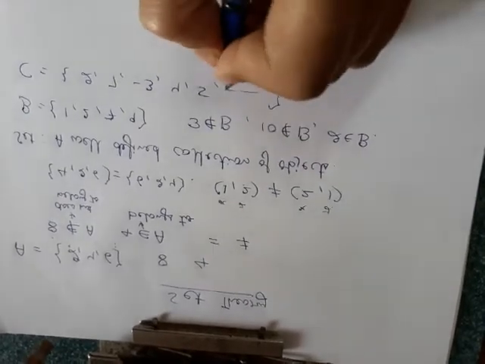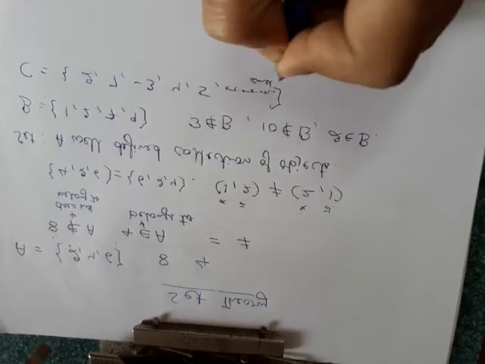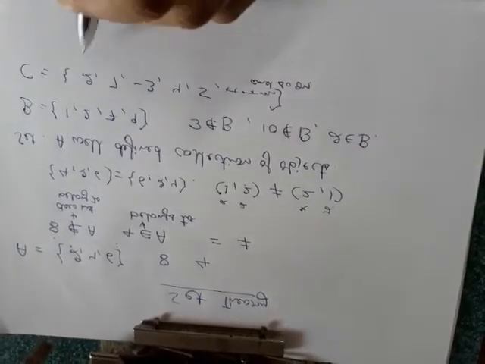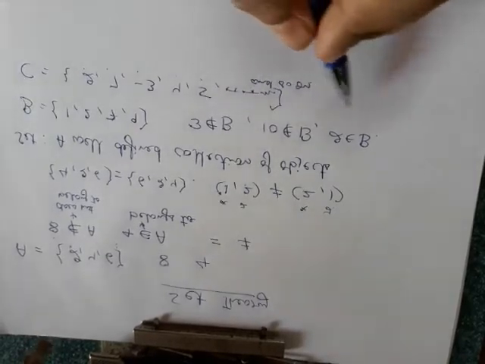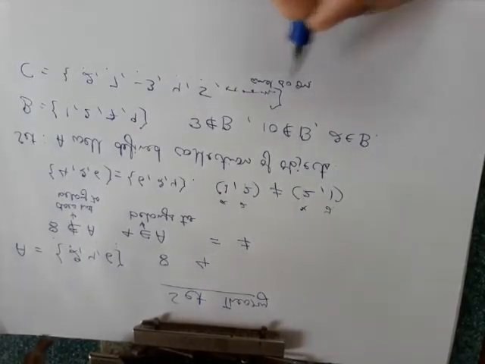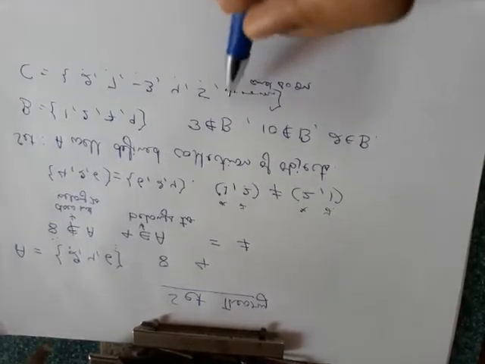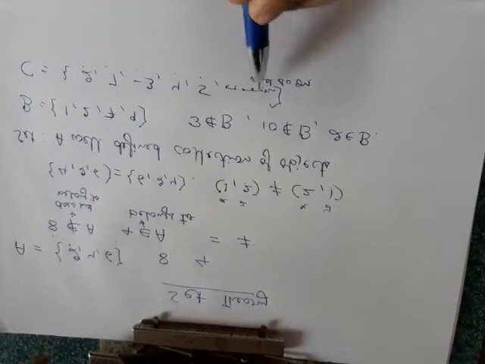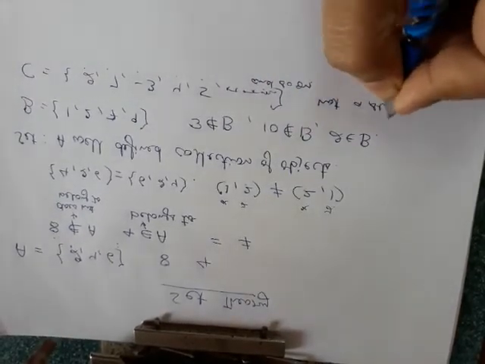I hope you remember this symbol. Putting dots after a comma means and so on. Means I have elements 2, then 7, then -3, then 4, then 5, and so on. Means I have many other numbers like this. But I cannot identify what the next number will be because there is no pattern among those. So this is not a set.